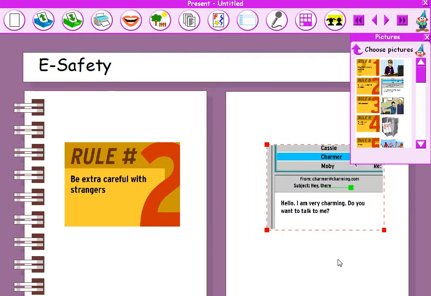Now you're going to continue doing that for all 5 rules. I'm not going to go any further because I want to show you the next step. But make sure that you create 5 slides with 5 different rules. Okay, so I'm going to go back now